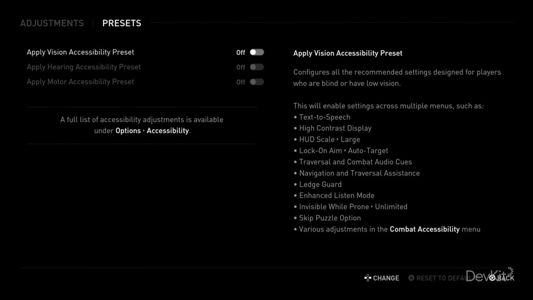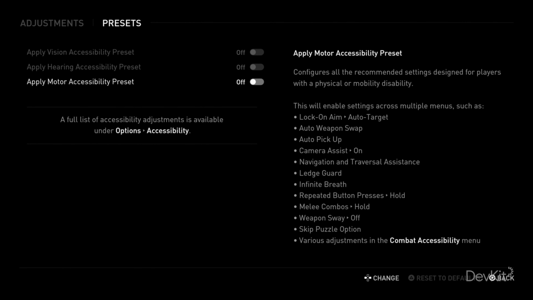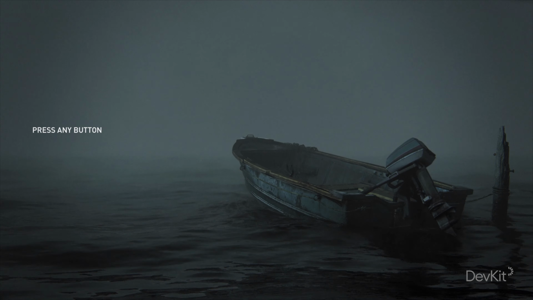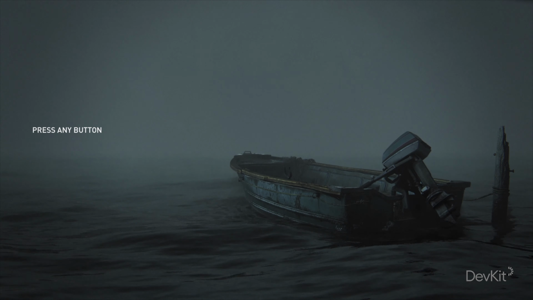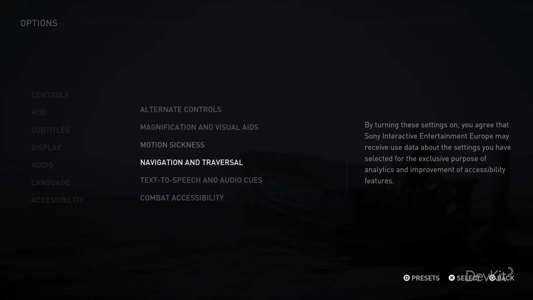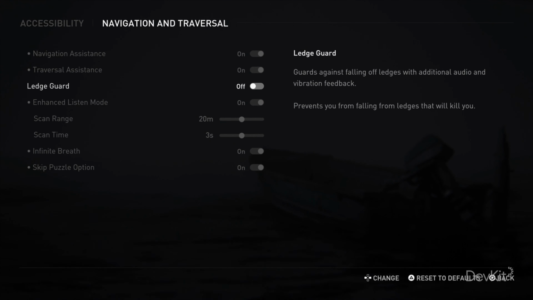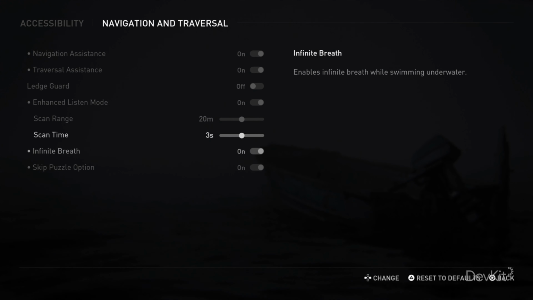This includes accessibility preset options that can configure multiple settings at once, which can be useful for players who would like to start with as many of the settings enabled that they might benefit from as possible, and then perhaps customize things as they become more familiar with the game. After completing the setup menu, players are also then able to adjust all of the available options before starting a new game, if they want to customize the experience even further before playing.